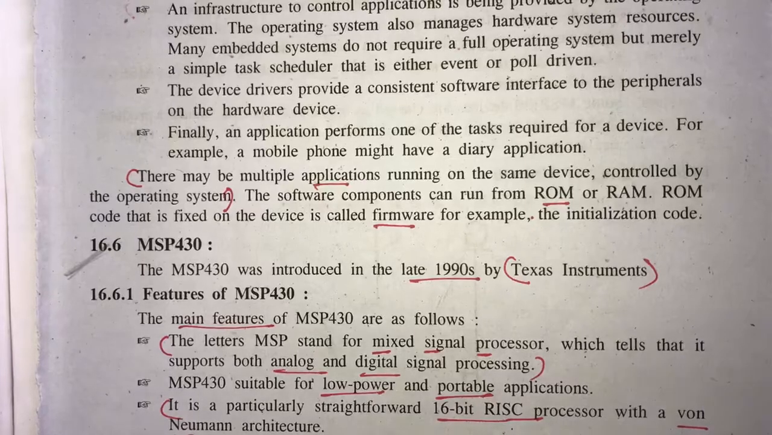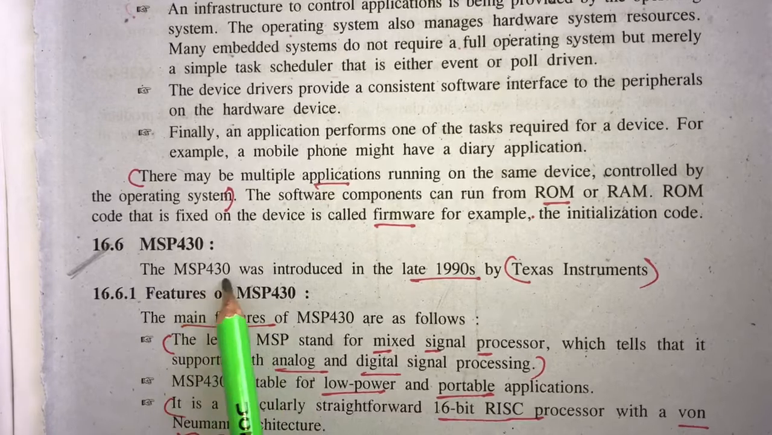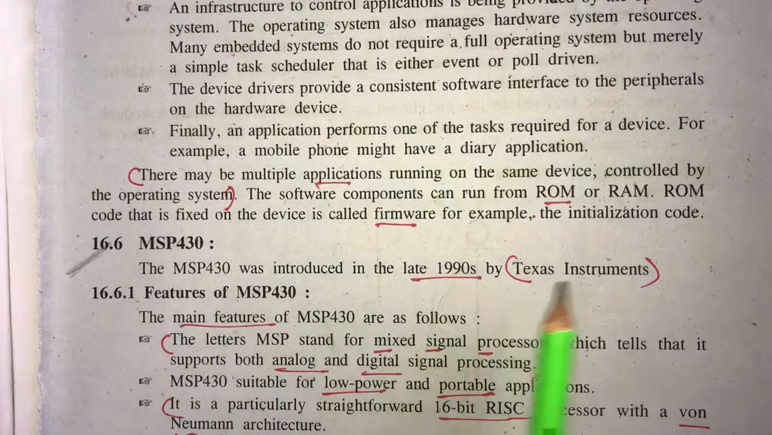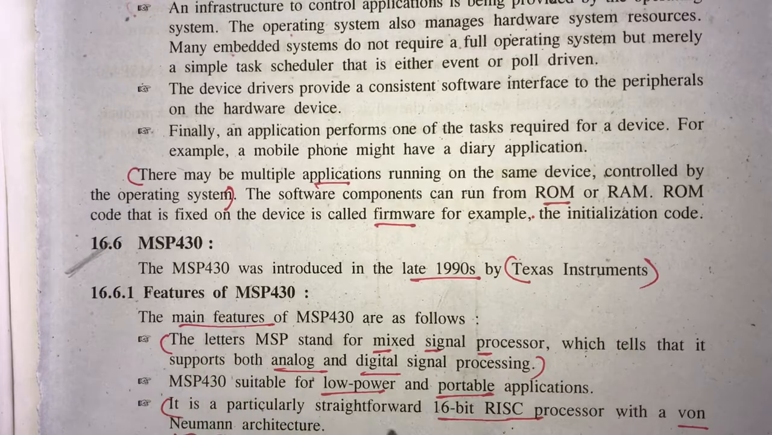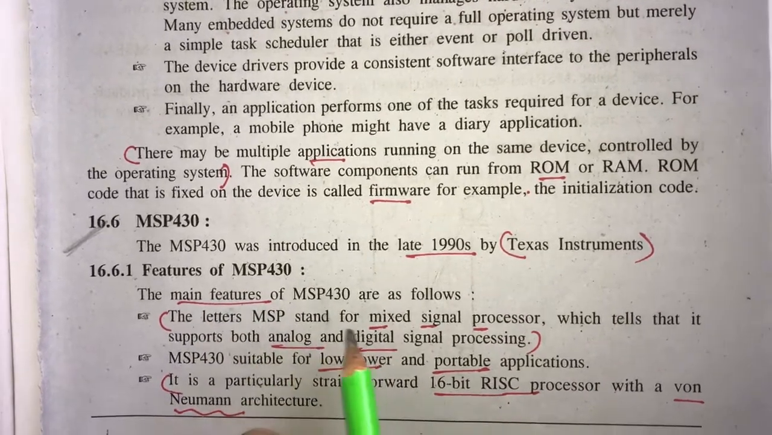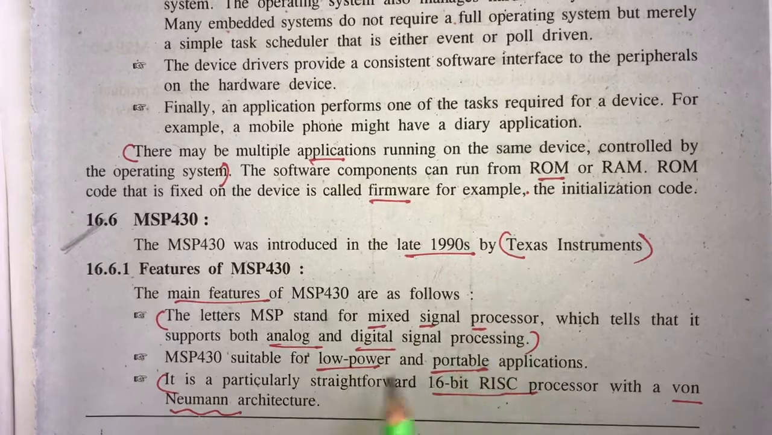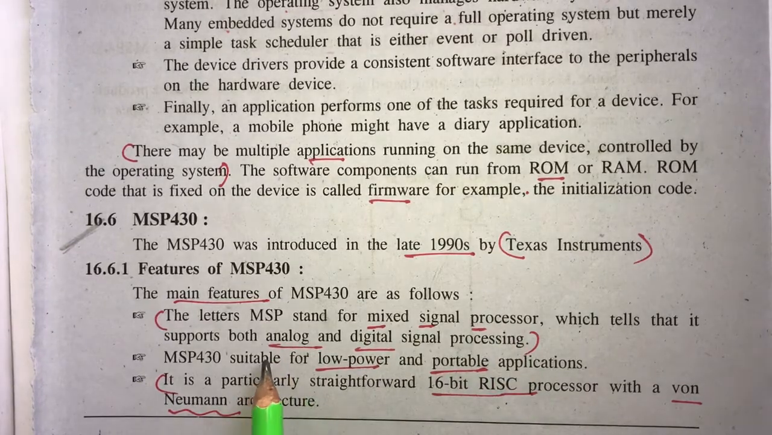Hello students, the next topic is MSP 430, that is mixed signal processing. MSP 430 was introduced in the late 90s by TI, Texas Instruments of US. What are the important features? So main features: MSP stands for mixed signal processor, which tells that it is going to support both analog as